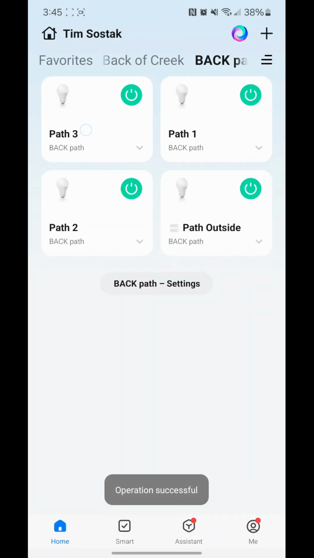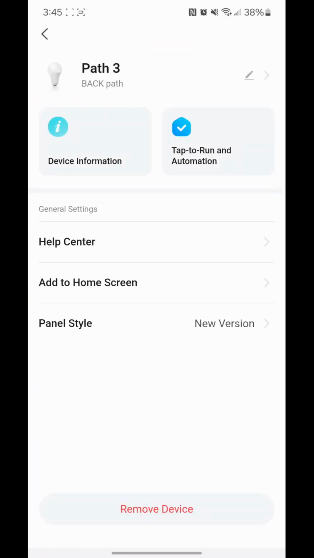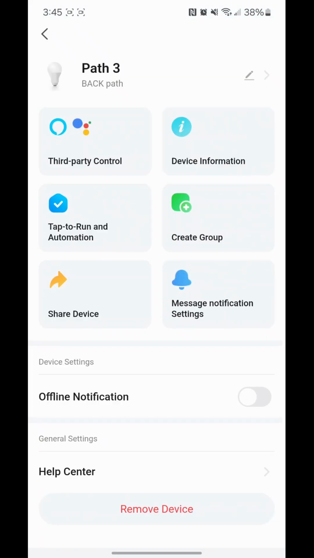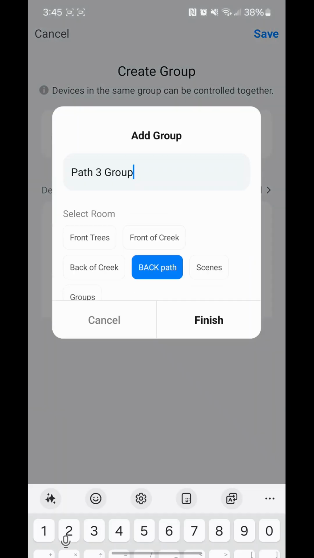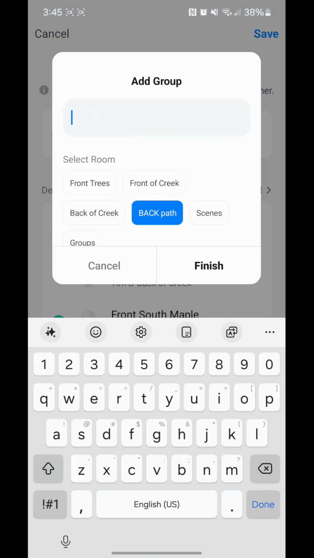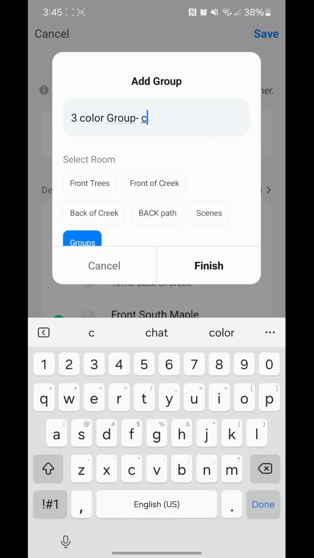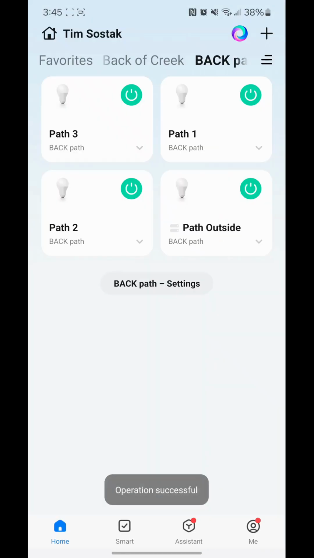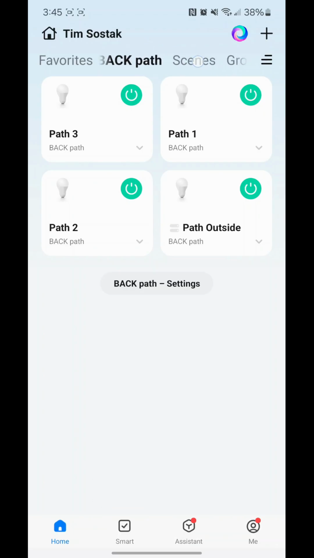Go back. Now add the last one. Create group. Save. 3 color group C. So now I just created 3 more groups